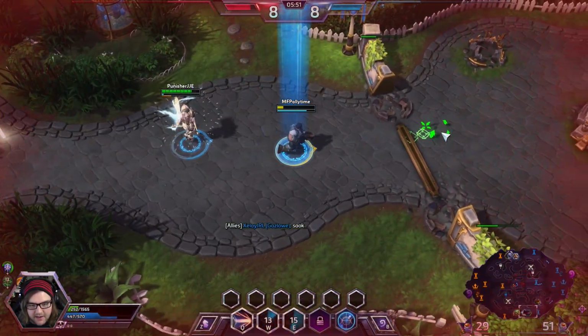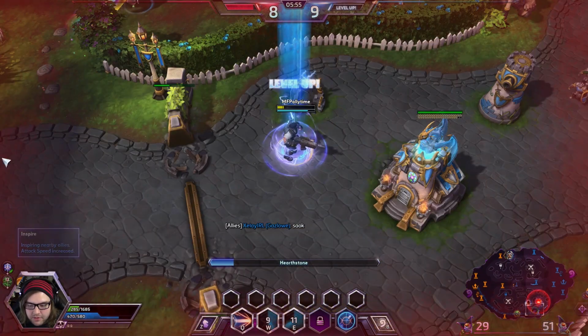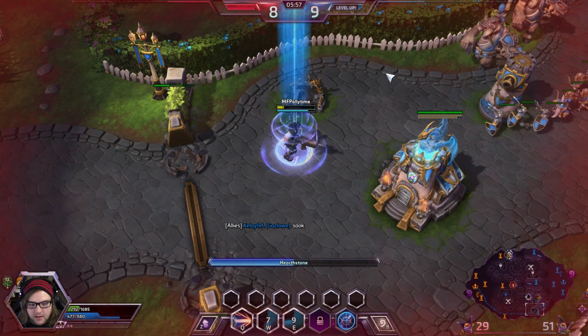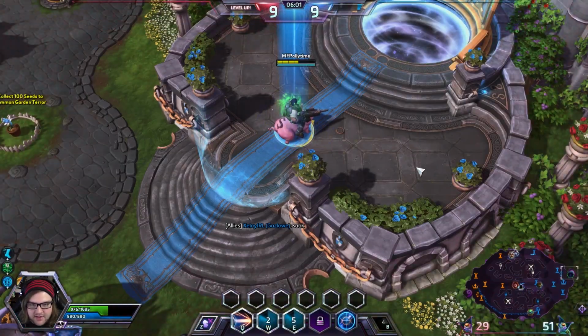We're just going to back out of this because I don't want to die to Nova. Unfortunately, they are probably going to push into the fort, but that's okay. We have a very small level lead on the enemy team, about...